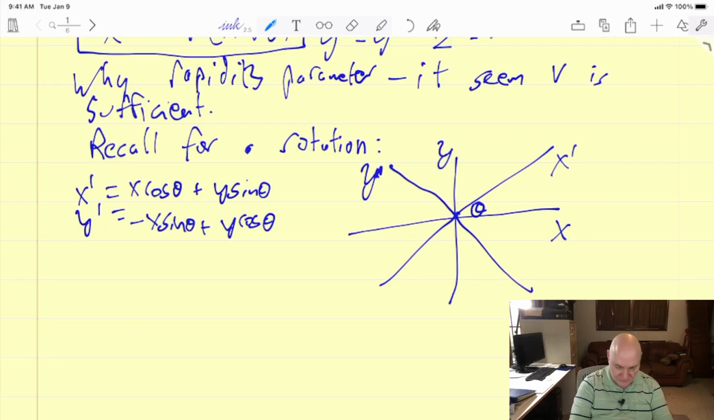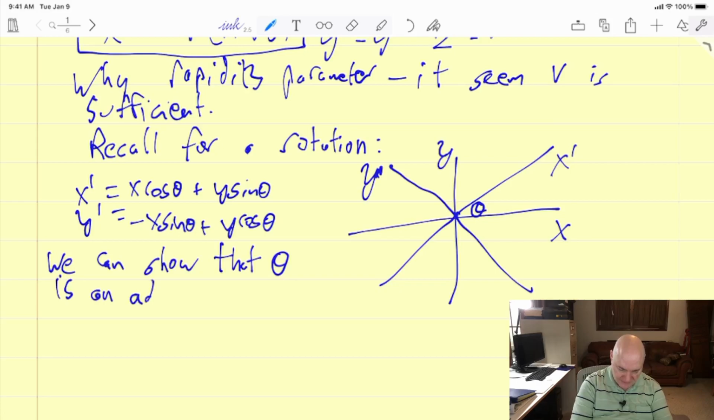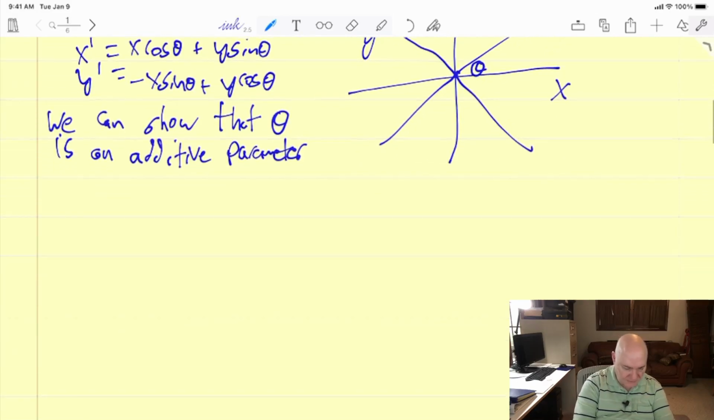So it's easy to show that theta is an additive parameter. So what does that mean? That means that if we do a rotation by theta